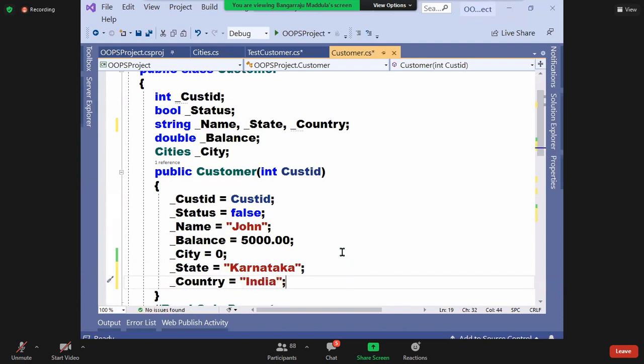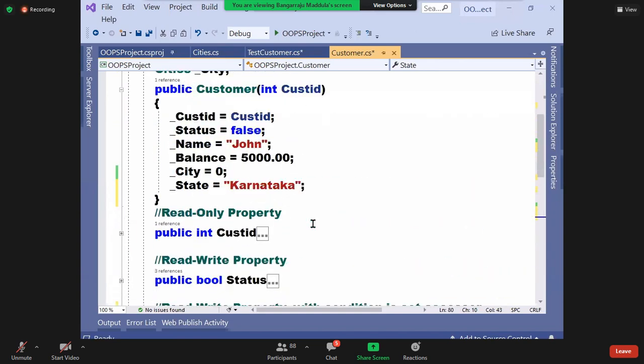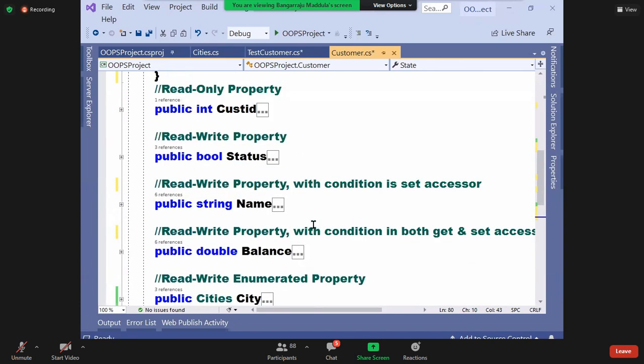Then I should write the property. Are you following my point here? Without declaring this field and without initializing this, can't we write a property? How do you write, sir? Because inside the get and set, you are referring to the field only. But if the field is not there, what logic can we implement there?